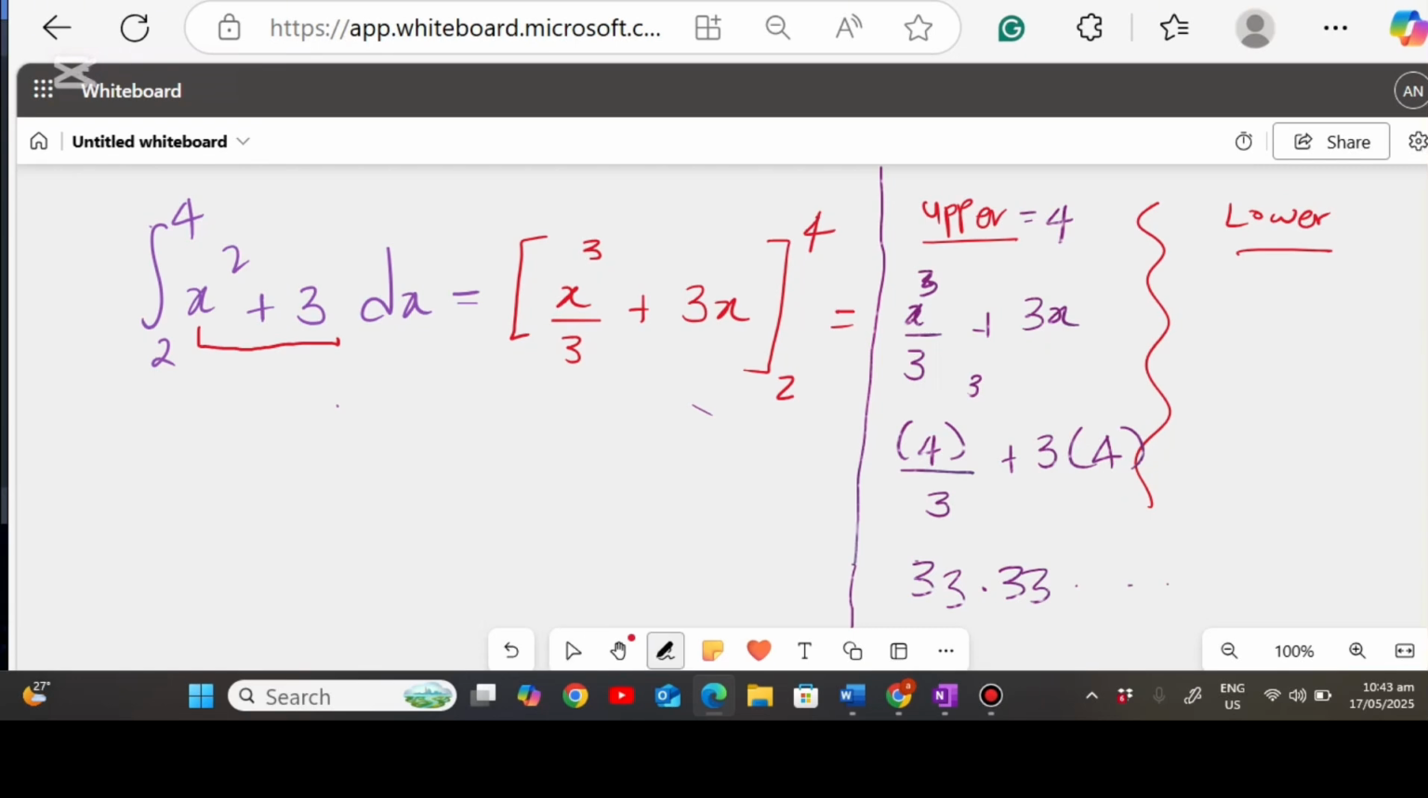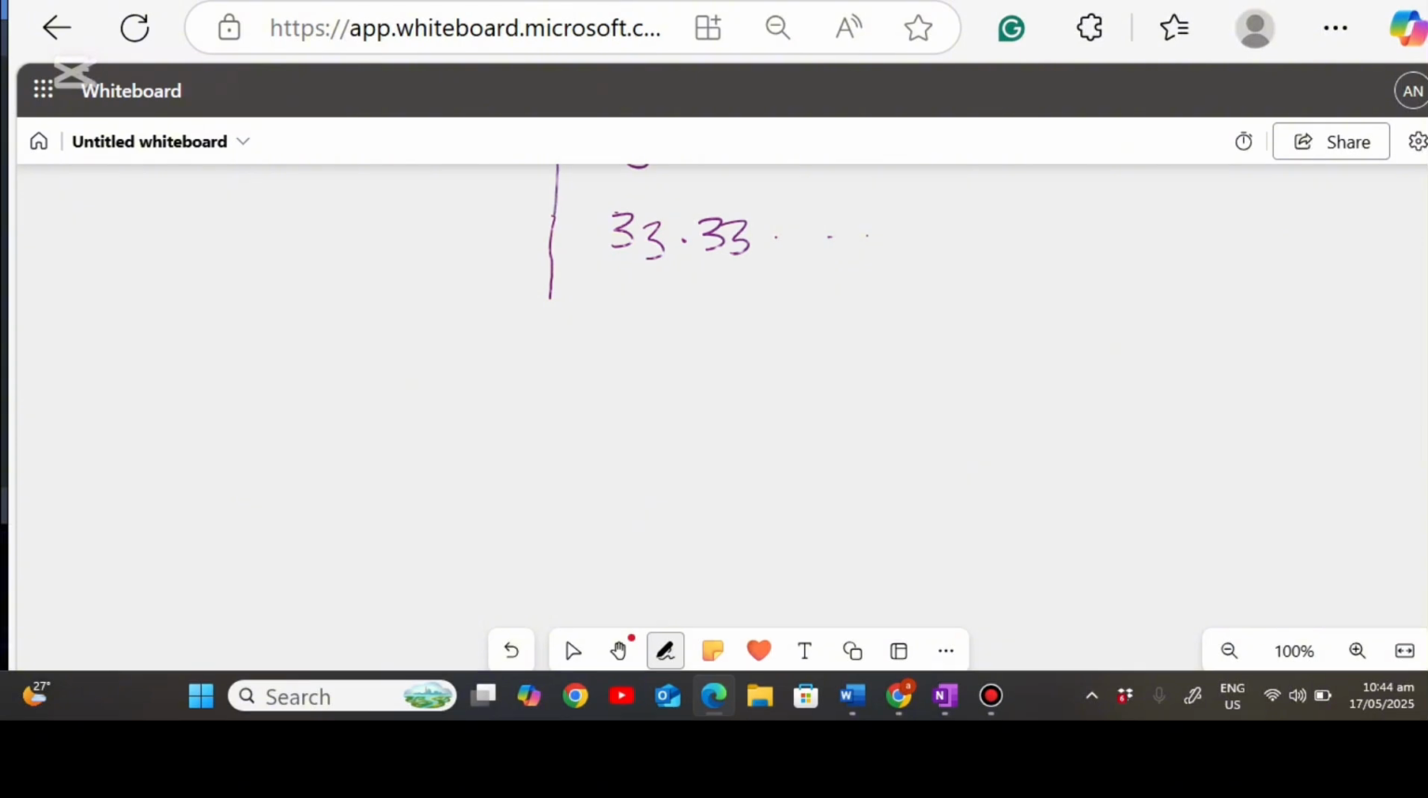Okay, that is even better. Now the lower limit is 2, so I will put 2 in each of the values of x, plus 3 into 2. So this comes out to be 8.67, and there's a continuation of 6. Okay, final answer of this